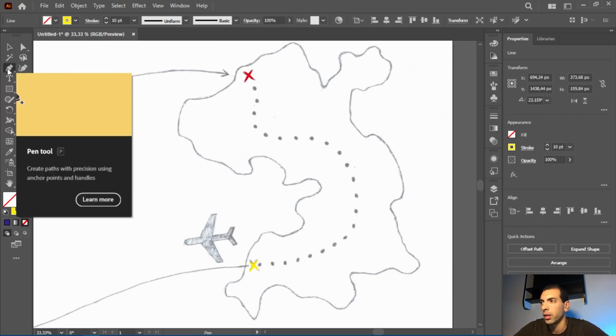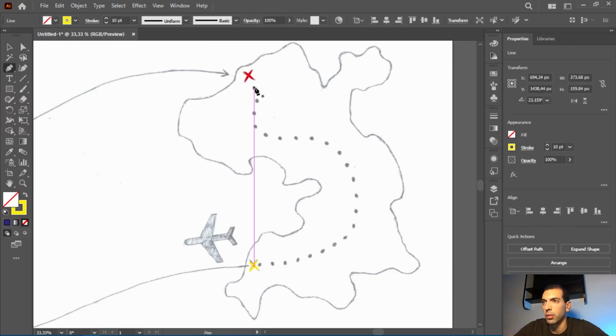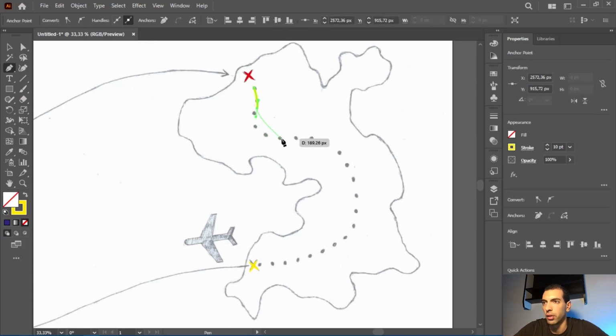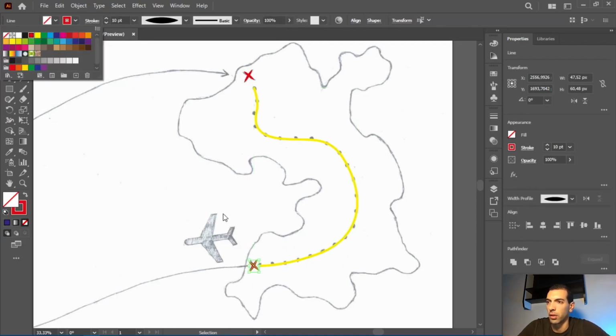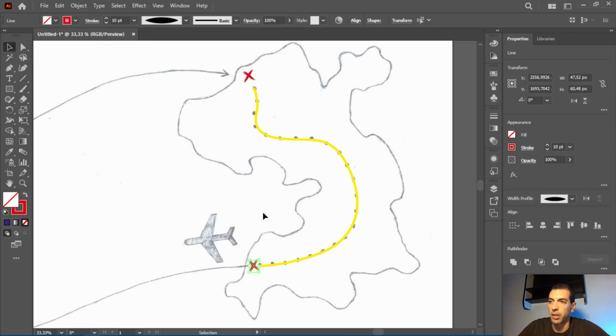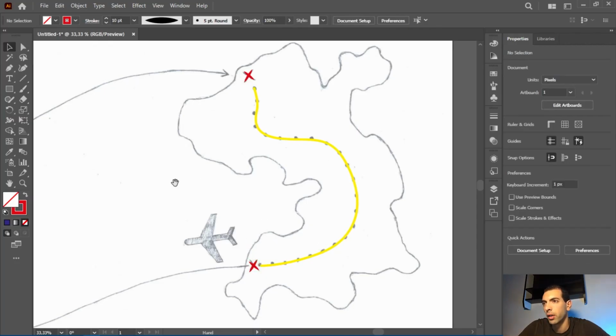Now I'm gonna select the pen tool and I'm gonna draw a path. Click here, click and drag like this, click and drag like this, click and drag like this, click and drag like this, and one last point here, and press escape. V selection tool, I'm gonna select this and turn it red. I don't know what happened, I changed it by mistake. Go back,